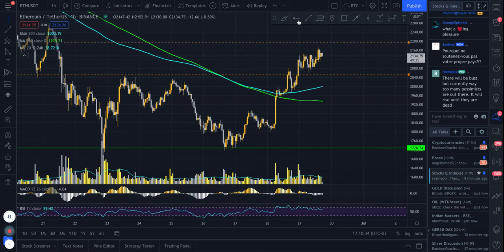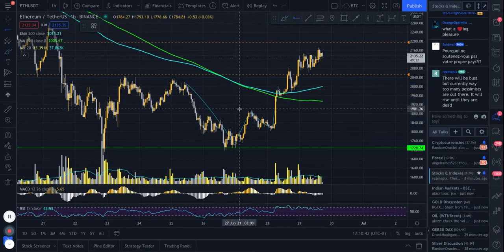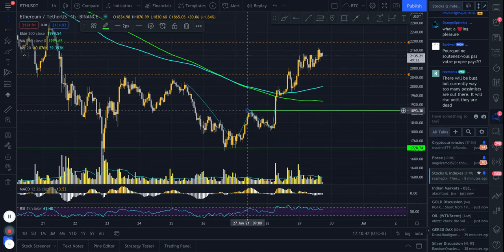So first of all, a quick recap: we had a W bottom or a double bottom, depending on what you want to call it, and we had the neckline at around, let's call it 1895, and we had a breakout of that level with a very, very strong volume. You can see this huge spike and huge candle. So this was a very bullish candle breaking out of this W or double bottom pattern, and this